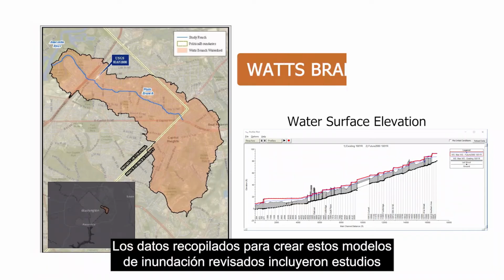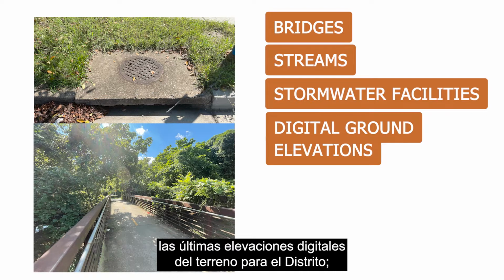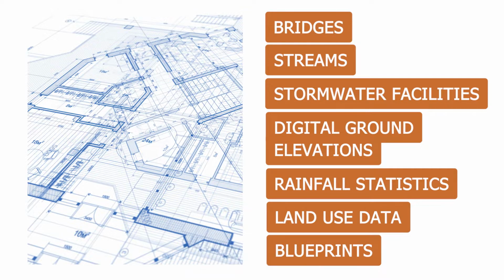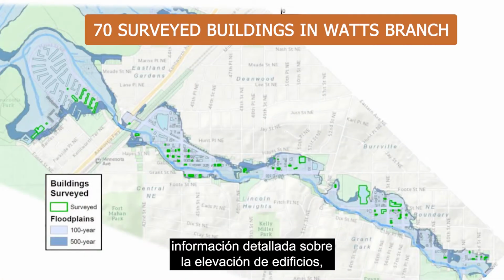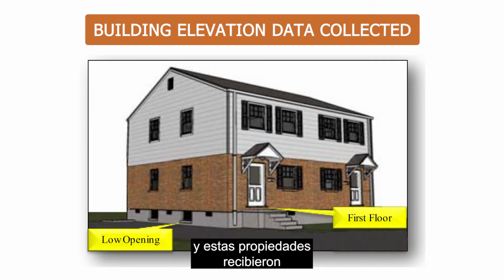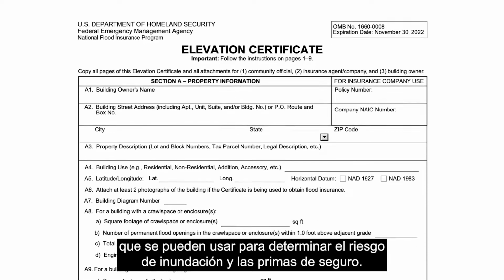Data collected to create these revised flood models included field surveys of bridges, streams, and stormwater facilities, the latest digital ground elevations for the district, updated rainfall statistics, land use information, and blueprints of recent developments. DOEE conducted surveys in 2018 to gather detailed building elevation information for 70 flood-prone buildings. These surveys helped to estimate where water could enter a property during a flood, and these properties were provided with National Flood Insurance Program elevation certificates, which are official FEMA documents that can be used for determining flood risk and